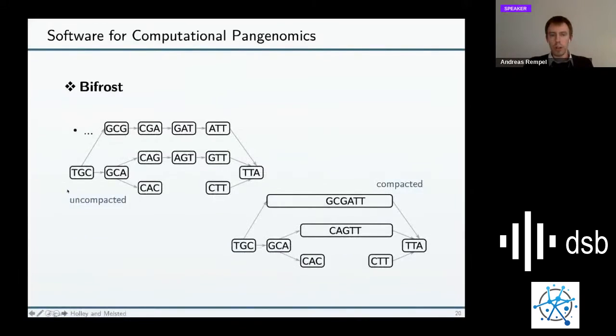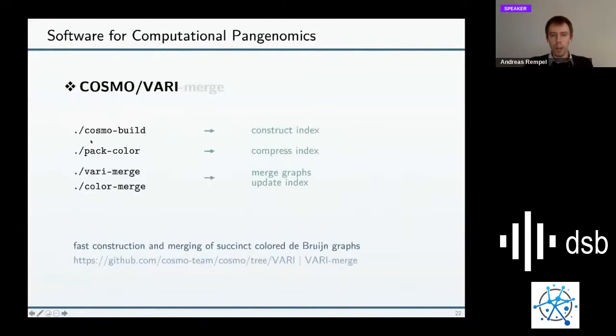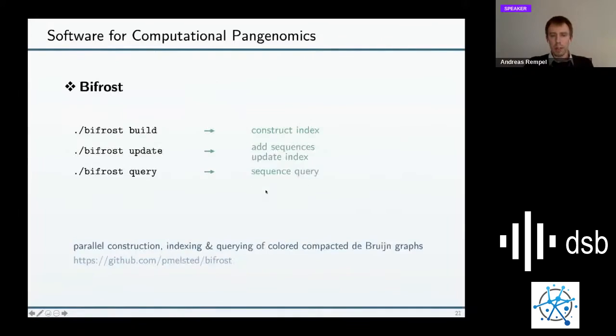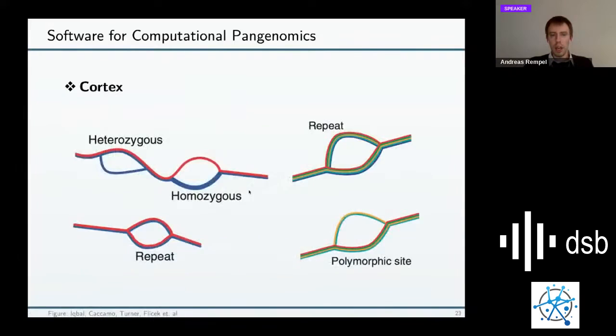it also implements the de Bruijn graph, but another kind of compaction, which is called succinct de Bruijn graph. And the interface is Cosmo build to construct the index, pack color to compress the index, and variant merge, vari merge or color merge to merge graphs and update the index. And as you've already seen here, with the graph-based approaches, there are a few more possibilities compared to only constructing and querying the index. And for example, Cortex, another tool,